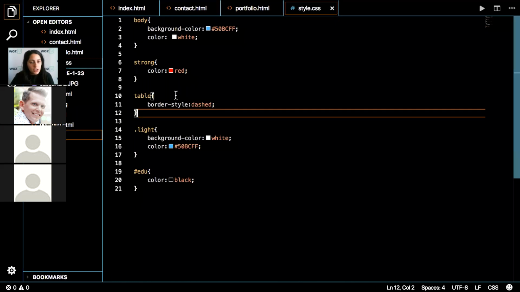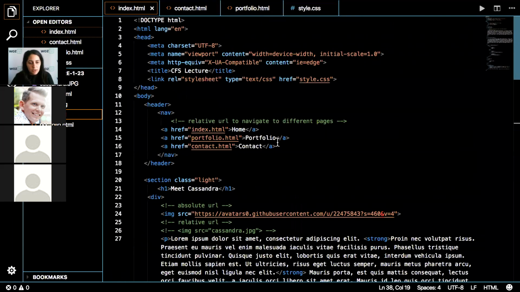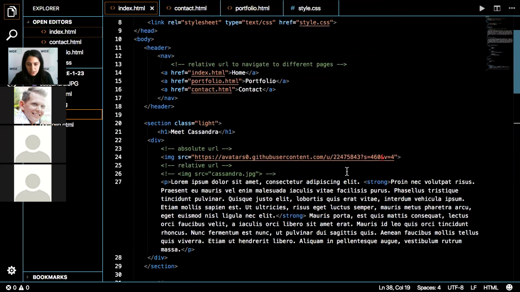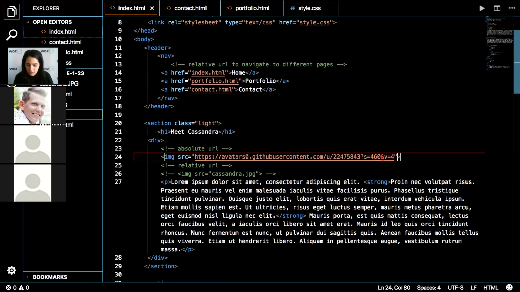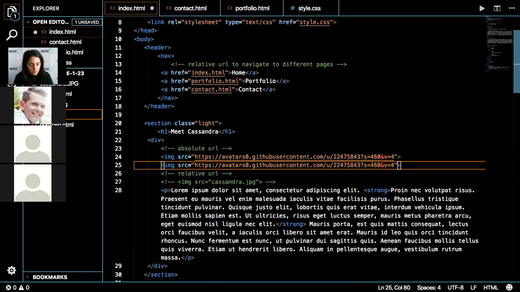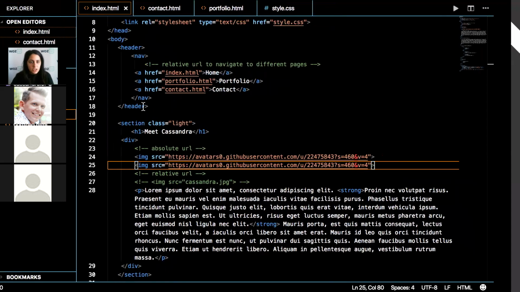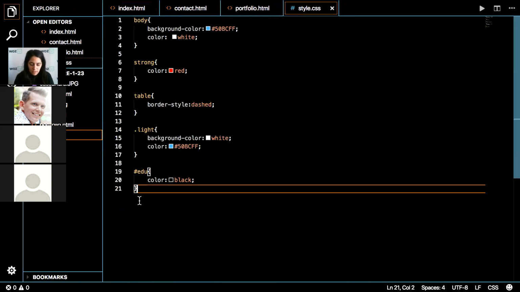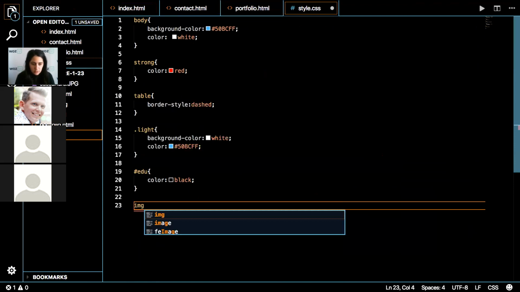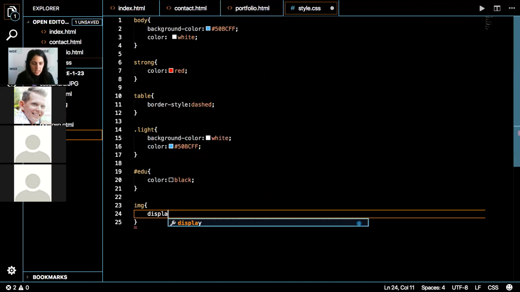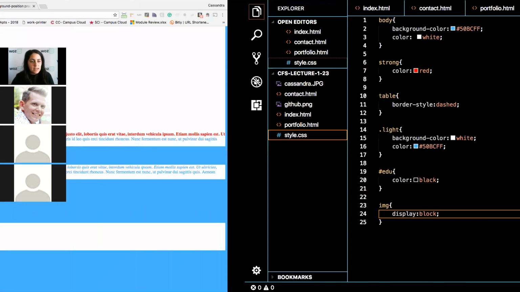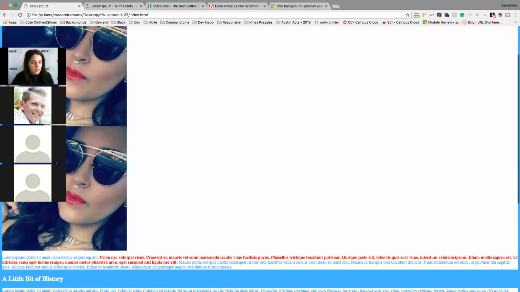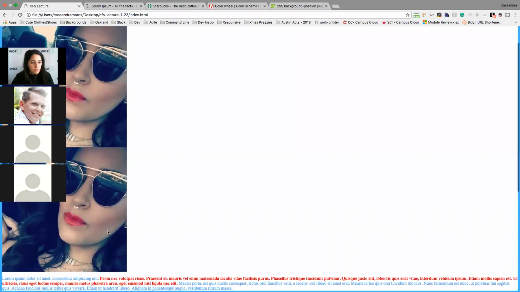So if we are looking at the images, for example, let's say I do two of these absolute URLs because the other image was too big. We have those here. And if I do image display block, they will sit on separate lines. So we can see that here. They're on two separate lines.